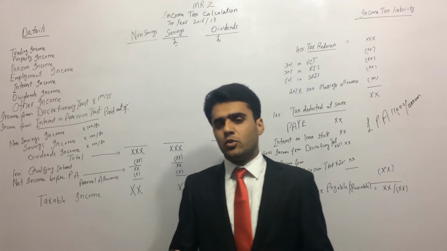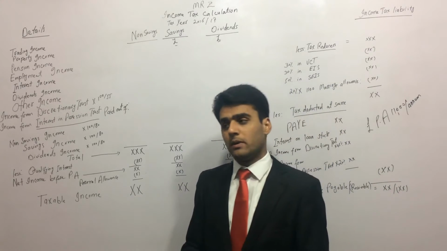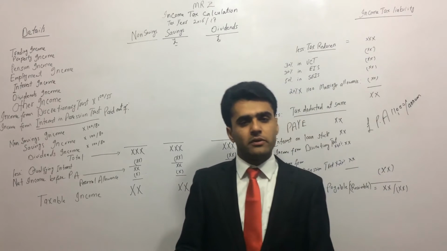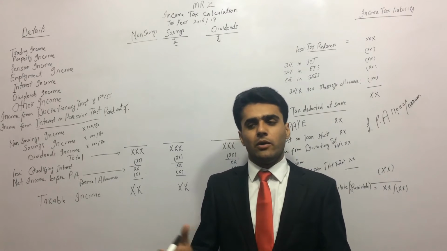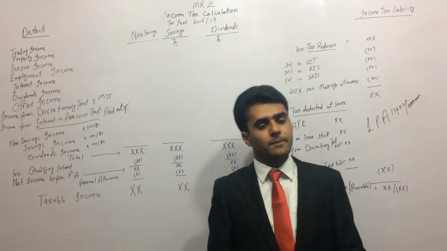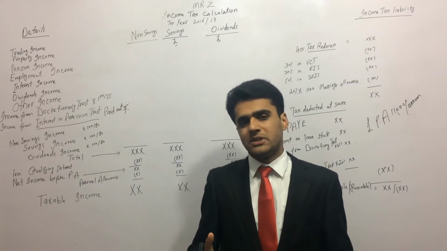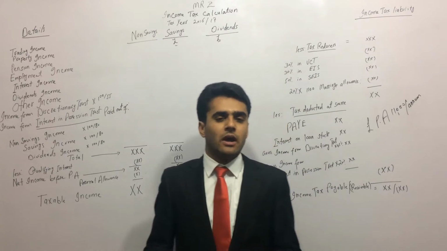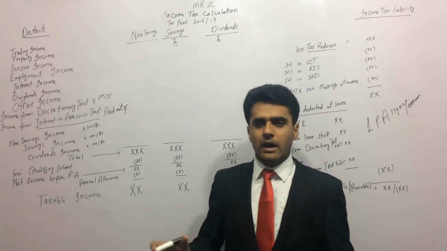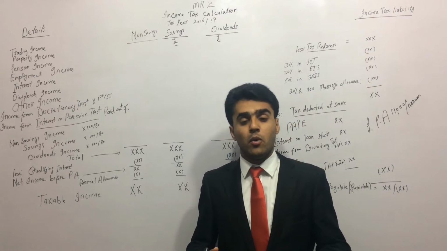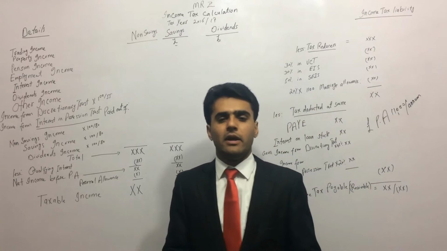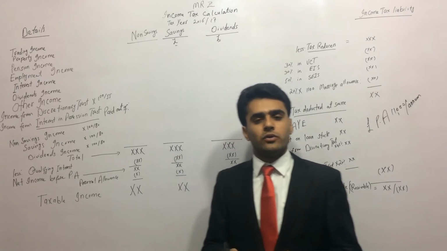Now, another source of income is that I do some part-time business as well. If I do some part-time business, then I am doing trading. I will have trading profits, then I will have trading income. That is also a source of income, so I will have to pay tax on that as well. That is trading income. Say, for example, if I have a property and I let the property to my tenants, I am earning some rental income, and that is also a source of income. So what I mean to say is, I could have many sources of income. The more clever I am, the more income I will be earning. It is just by using your own mind. If you're clever enough, then you will have different sources of income.